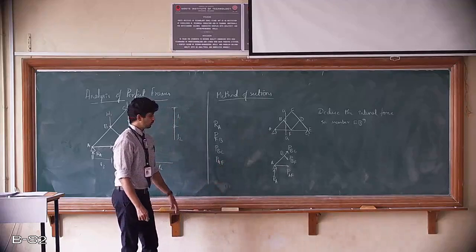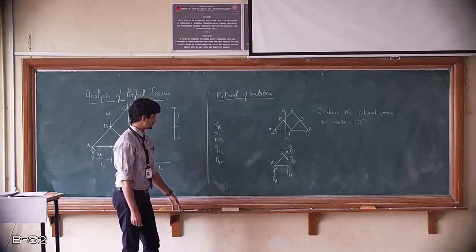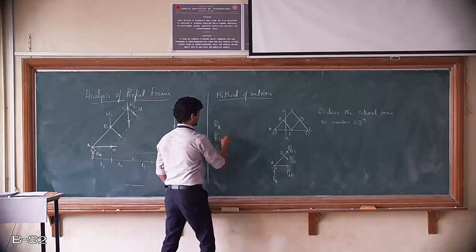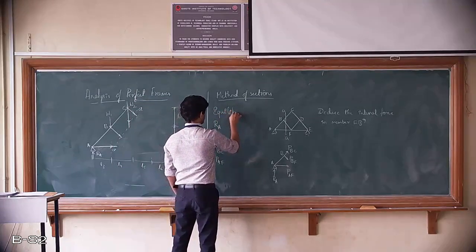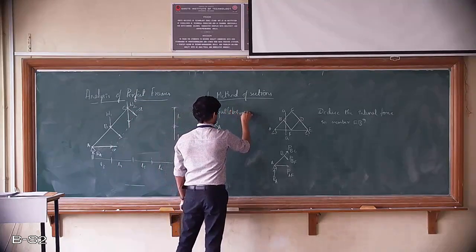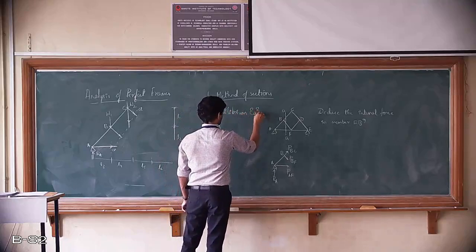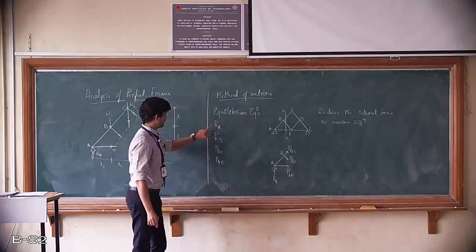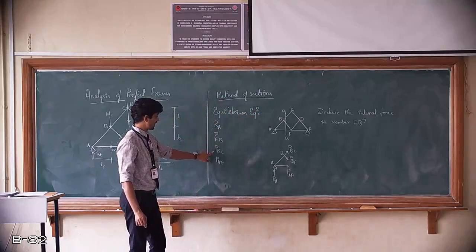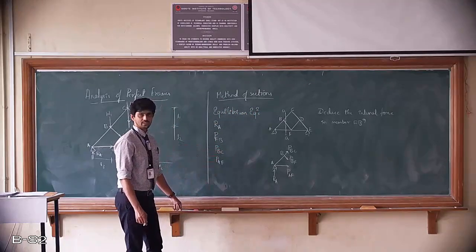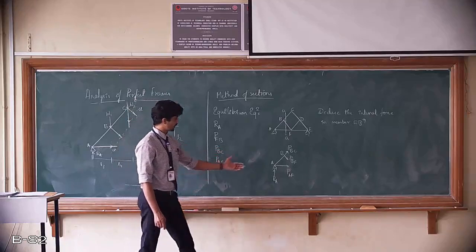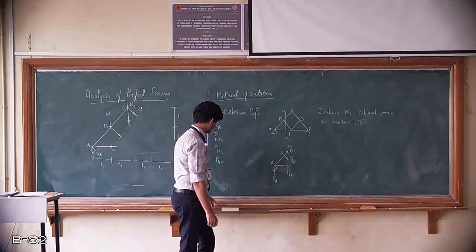We will be knowing what is the angle between those elements. Then using the equilibrium equations, we can find PFB, PBC and PF. In this particular case, even the third equilibrium equation, that is moment, is not required. Only resolving the forces vertical and horizontal will give us this force.